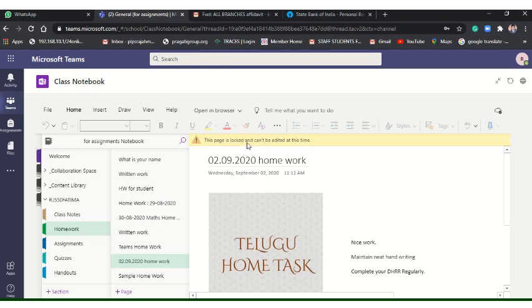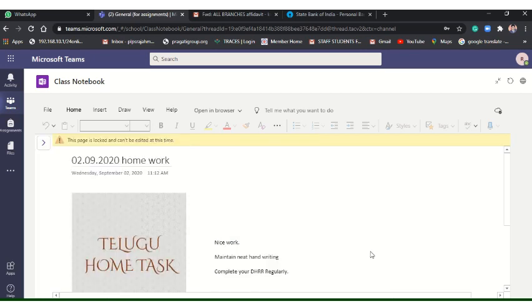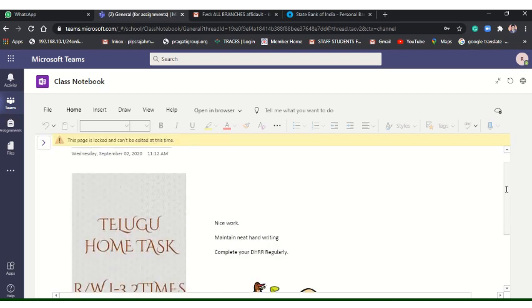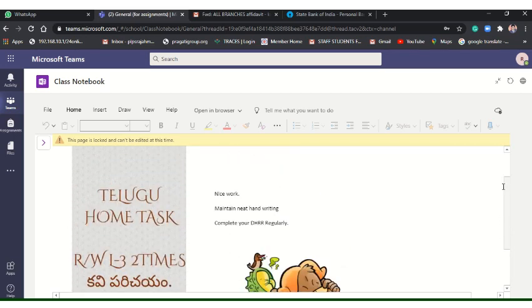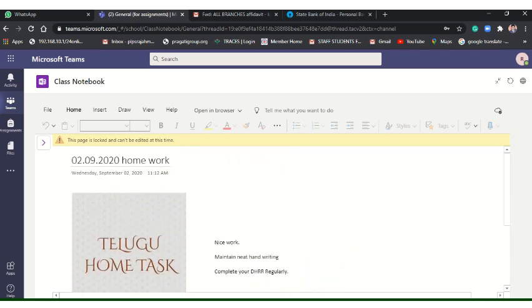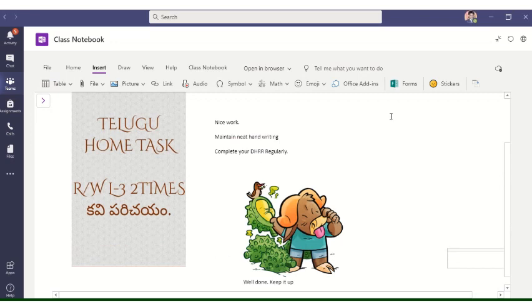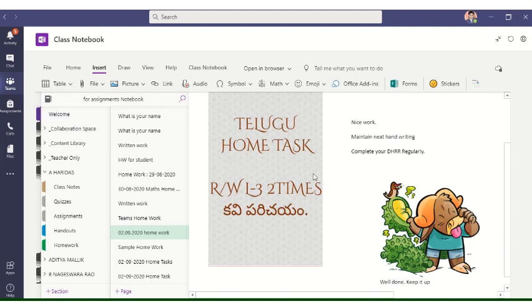So the student cannot edit the space. And see, the feedback given by the teacher is here. At the same time, the sticker given to the student you can also find. So this is the way you can review the work of all the students.